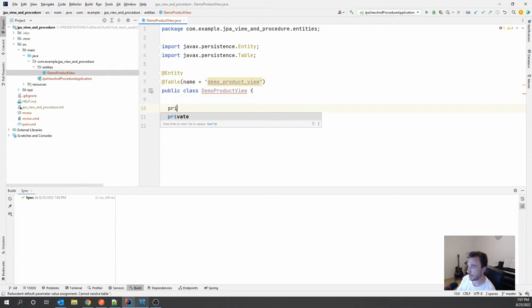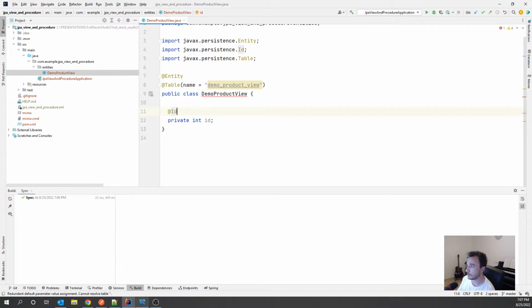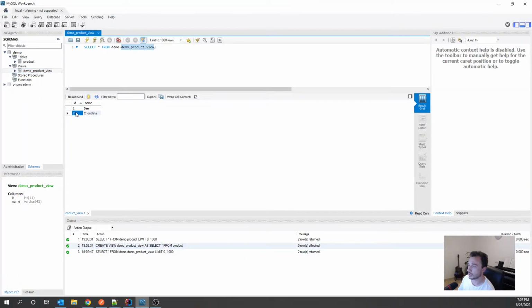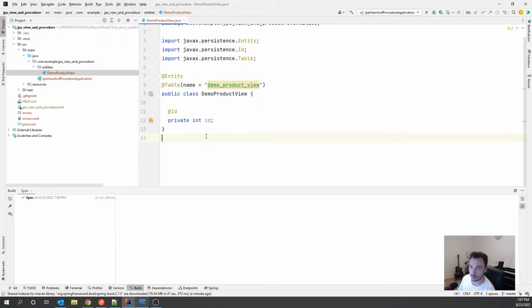And then you still have to have an identifier, which again you decide upon, very similar to how you do it with a table. In my case it's very simple because it's clear which is the identifier. It will be the ID from the table, but remember that in a real world application a view might be on multiple tables, and then it might be a little bit more difficult to find the unique column, and you might have a combination of columns. And if you have a combination of columns, then you have to use a composed primary